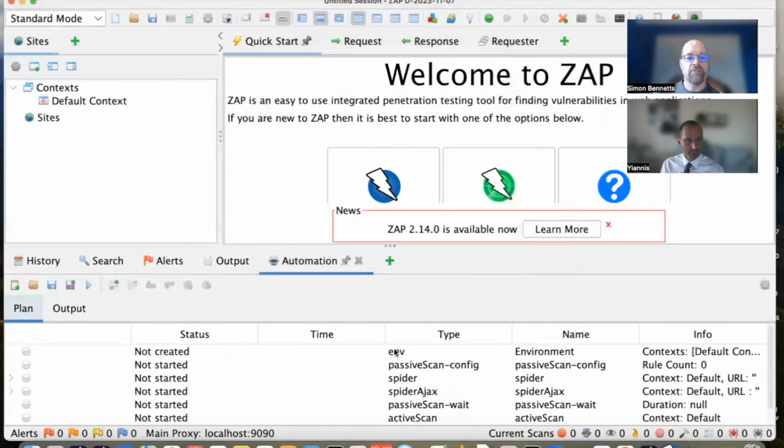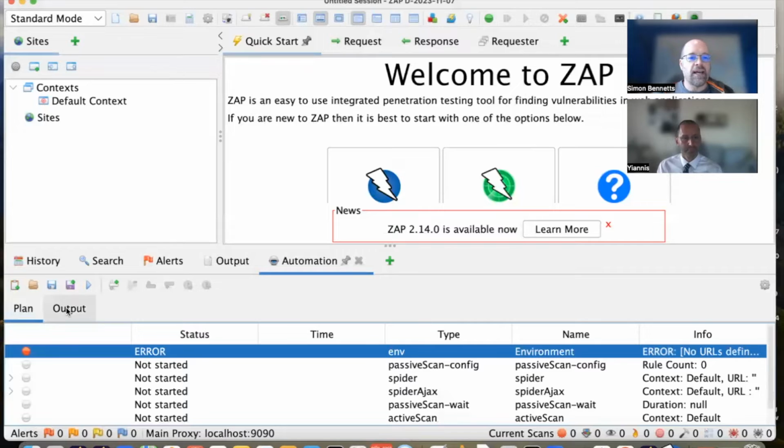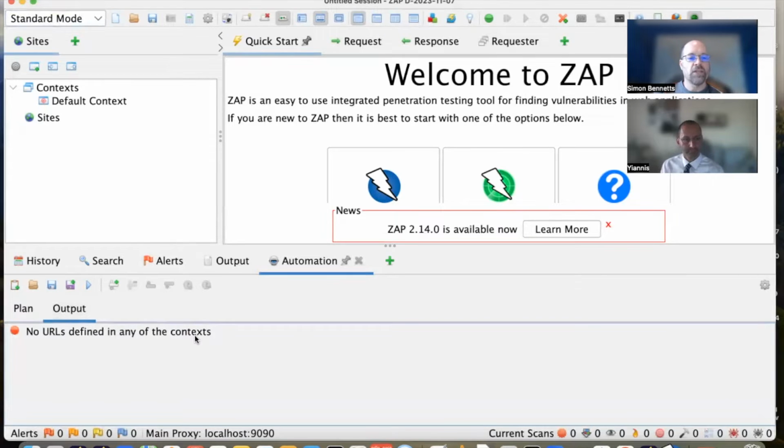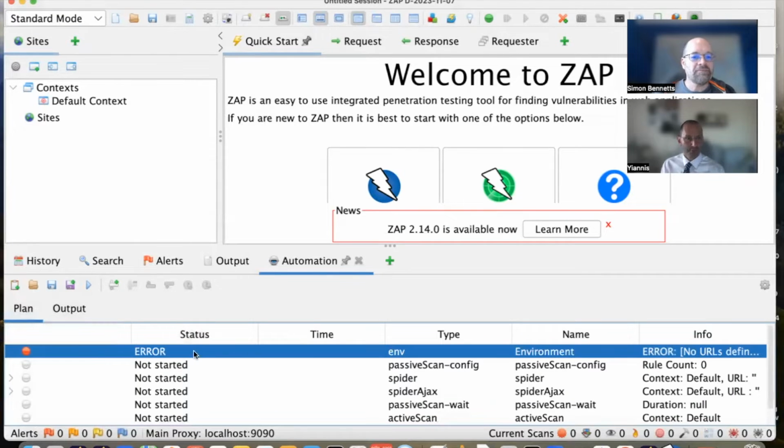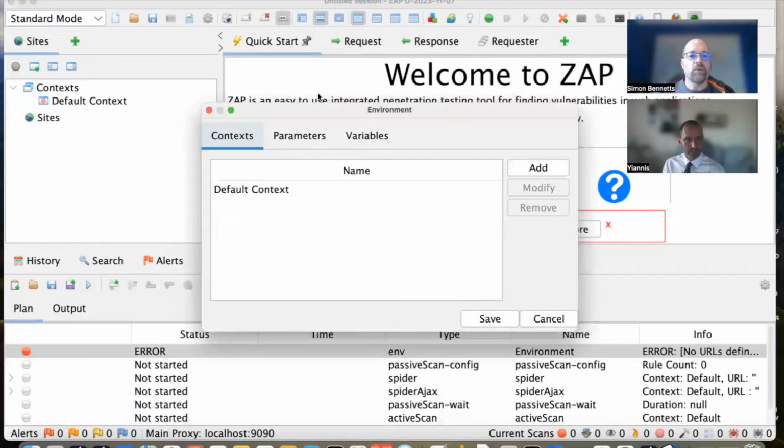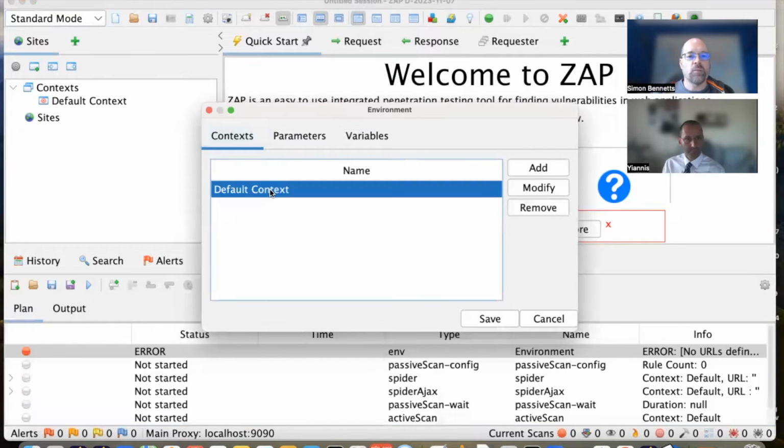So I will save that, and you'll see we now have this list of jobs down here, and they've got a status. Now, just for kicks, I will run that, and you'll see immediately I get an error. If you switch to the output tab, you'll see no URLs defined in any of the context. I haven't told the plan where to point it to. Yep. So what I can do is double click on any of these things, and we can then